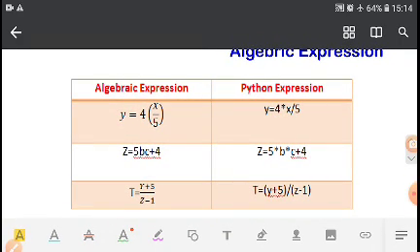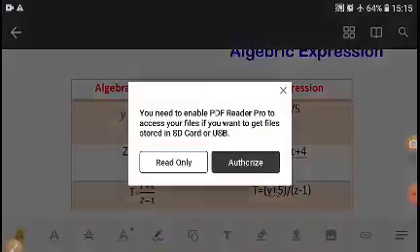Next, algebraic expression. In these examples, you can see y equal to 4 in bracket x divide y. In Python, we have to write y equal to 4 into x divide y. After 4 the multiplication sign is hidden, but in Python we have to put the multiplication sign. In the second example, z equal to 5bc plus 4, this is the mathematical expression and this is the Python expression.